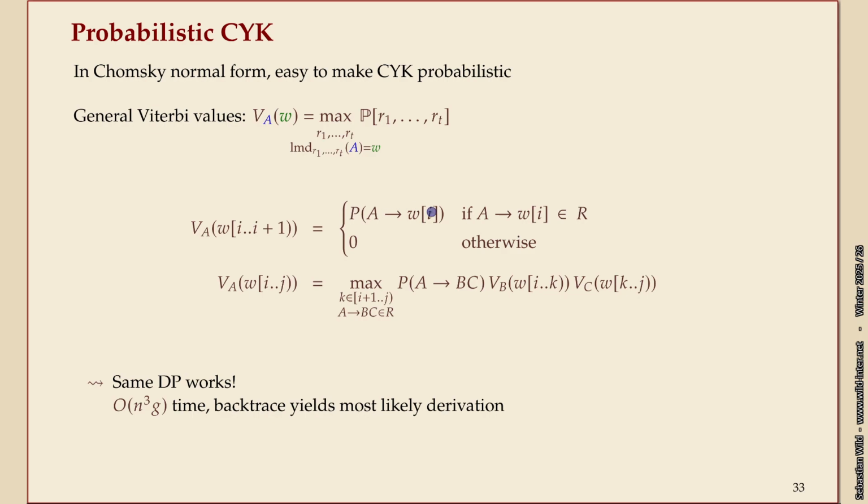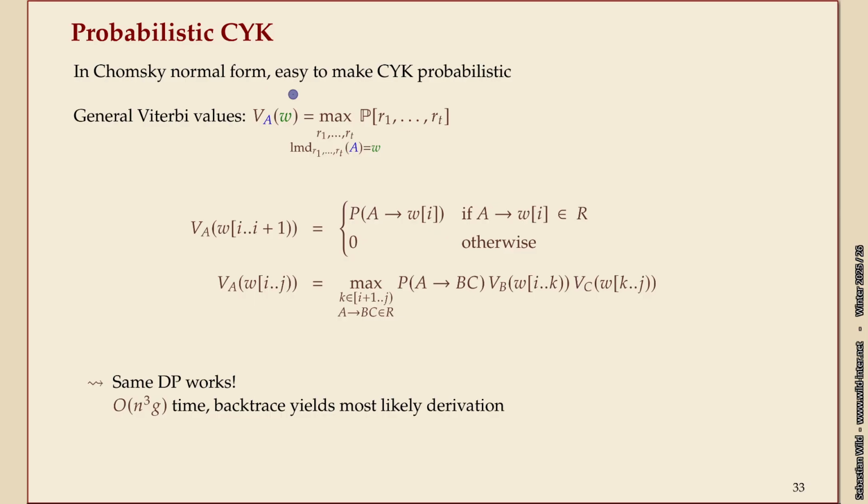So if you want, you can read this algorithm as exactly CYK if you set all the probabilities of rules to just the number 1. It's not a probability then. But you could say if the P's are 1 for rules that exist and 0 otherwise, then this algorithm computes exactly the 0-1 version. But it turns out the same also works for Viterbi values. Maybe with this single change I'll comment on.